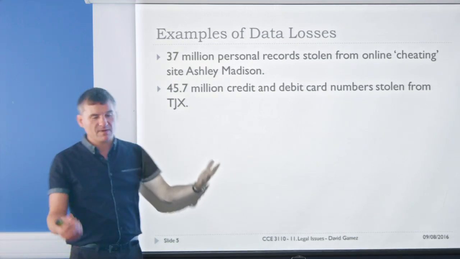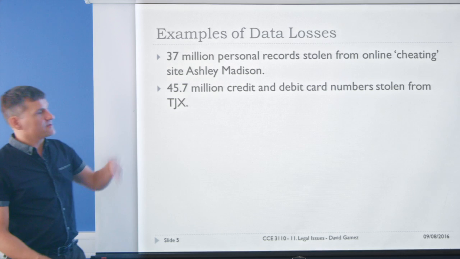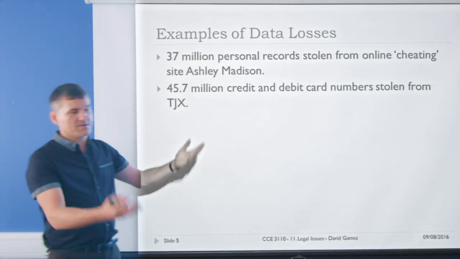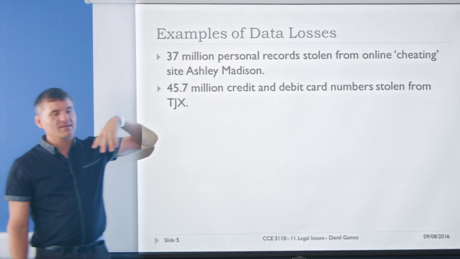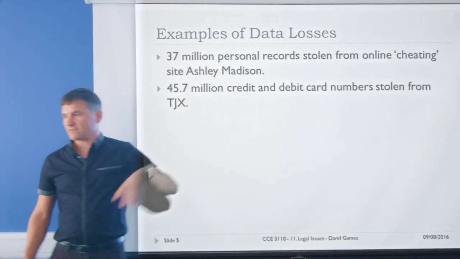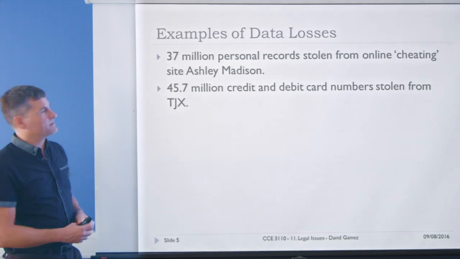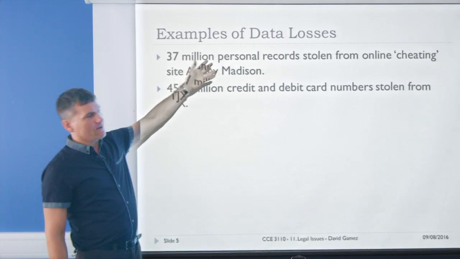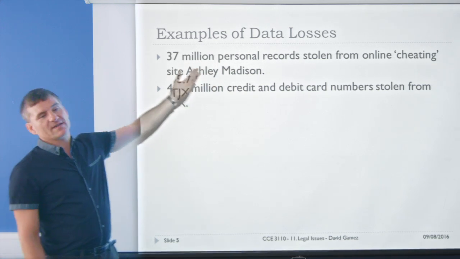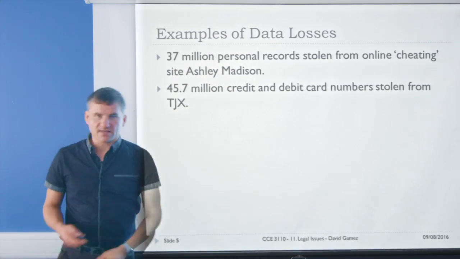Ashley Madison's a cheating website where if you're a little bit tired of your husband or wife, you sign up here and hook up with someone else online, who's also cheating on their husband or wife. And obviously having all this stuff stolen, and then the people who stole it threatened to make it all public and maybe even did so, as some kind of moral stance against people who cheat. So this is obviously personal data, and the loss of it has obviously impacted people in their personal lives and possibly in their business lives as well.